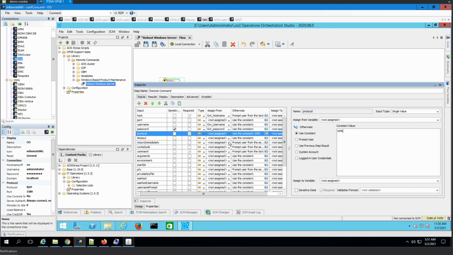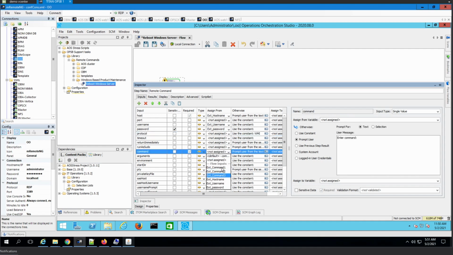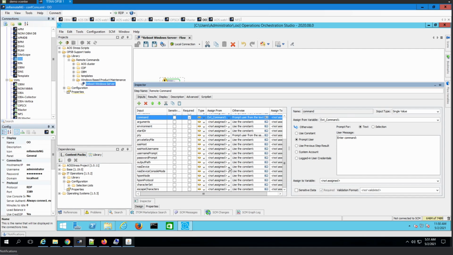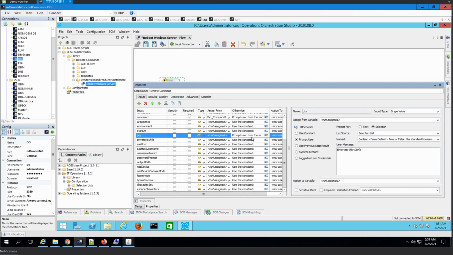All right, then we continue down the line to see if there are more prompts, unexpected prompts that we're going to encounter in this command. So I want to eliminate them. Here's the command. It's going to be command number 1. And then we're going to see what is going on down there. As you see, there are many, many configurations that command the execution of this remote command, which is super nice